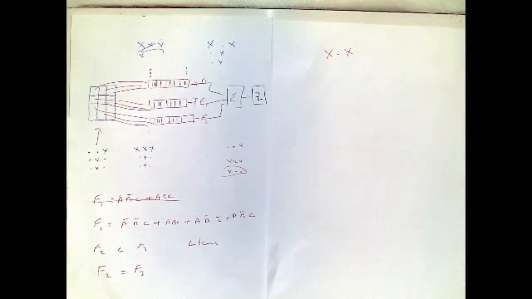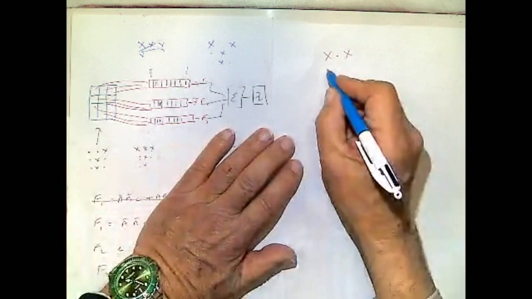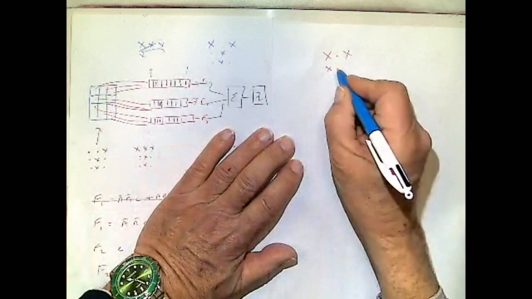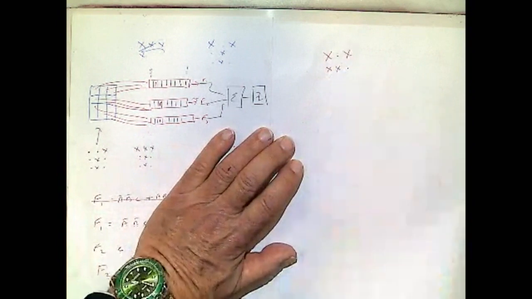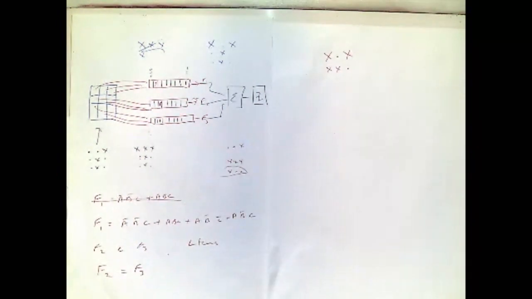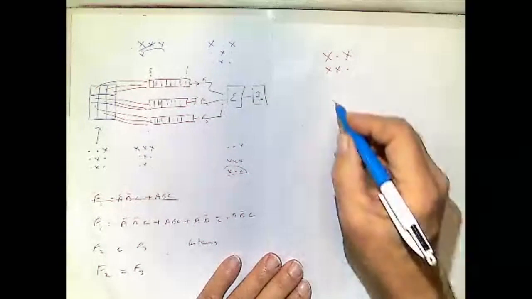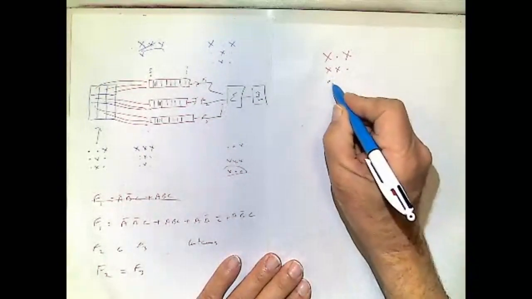So a pattern in the second row, the middle row, which has 1 bit of noise, which is not in the original pattern. Let's go for, and for the third one, let's go for